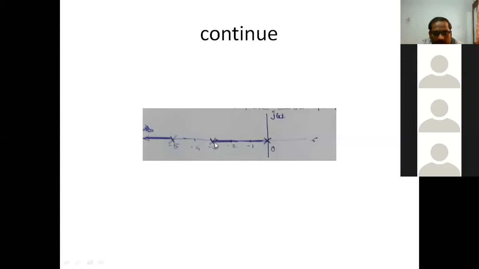Now all points in between -3 and -5, let us say -3.1. Now how many poles and zeros are there to the right side of -3.1? There are two open loop poles, one at 0, one at -3. So the count is even. That means the point under consideration, that is -3.1, has an even number of poles and zeros to the right side. So that point cannot lie on root locus. And the same case is applicable for all points in between -3 and -5. That's why the real axis segment in between -3 and -5 is not highlighted. Are you getting?